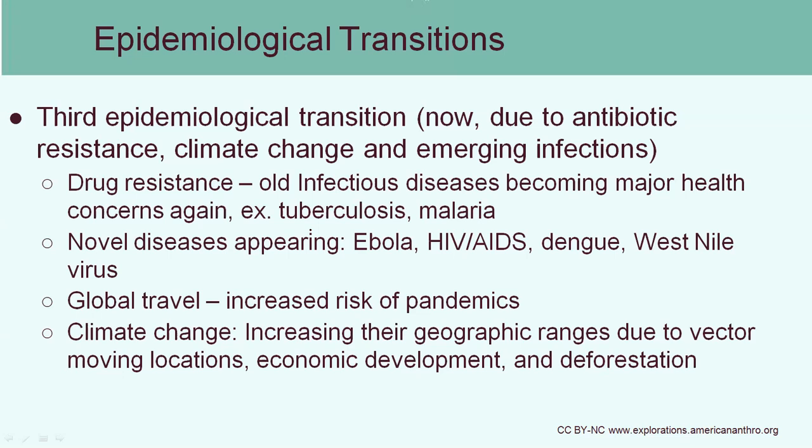We thought humans won against microorganisms, and we don't really have any natural predators anymore, so it sounded great. But because of the huge increase in human population, we're contributing now to climate change. Climate change is changing the range of certain historical diseases. We're also seeing, due to evolution, the development of antibiotic resistance in many infectious diseases. So drug resistance is something that's becoming a major health concern. A disease which is considered to be more of an ancient historical disease, tuberculosis, is now making a comeback, where you're getting not just regularly drug resistant, but multi-drug resistant tuberculosis. Our modern medications can't kill it anymore.